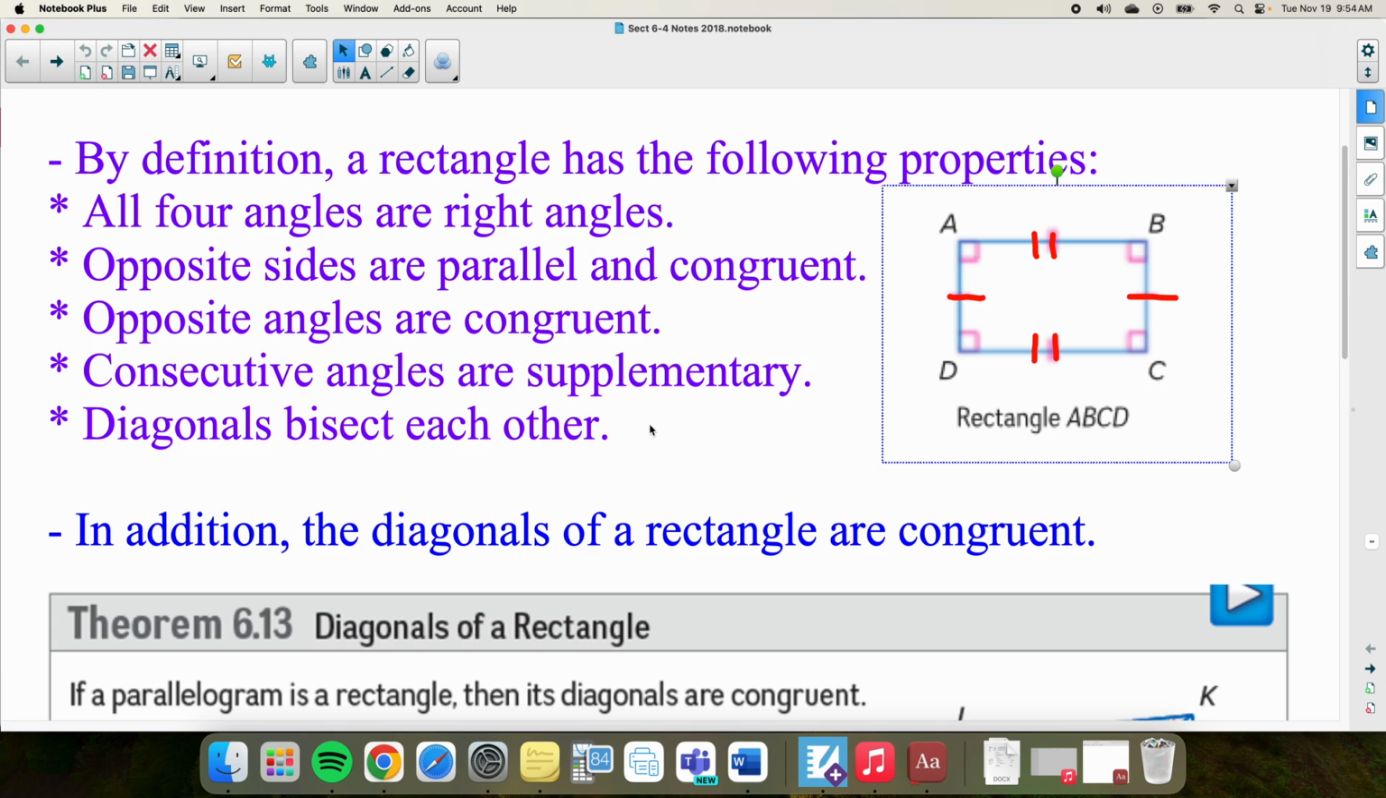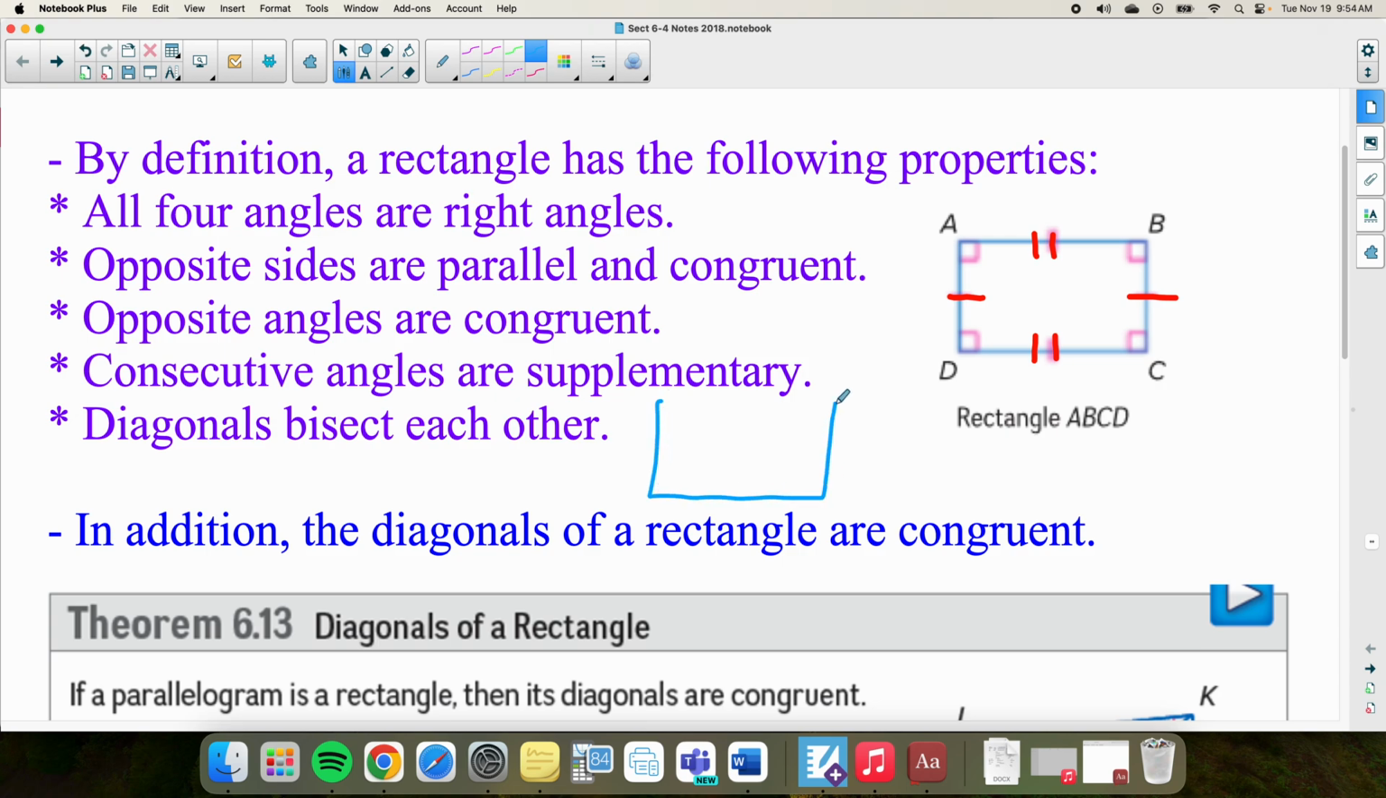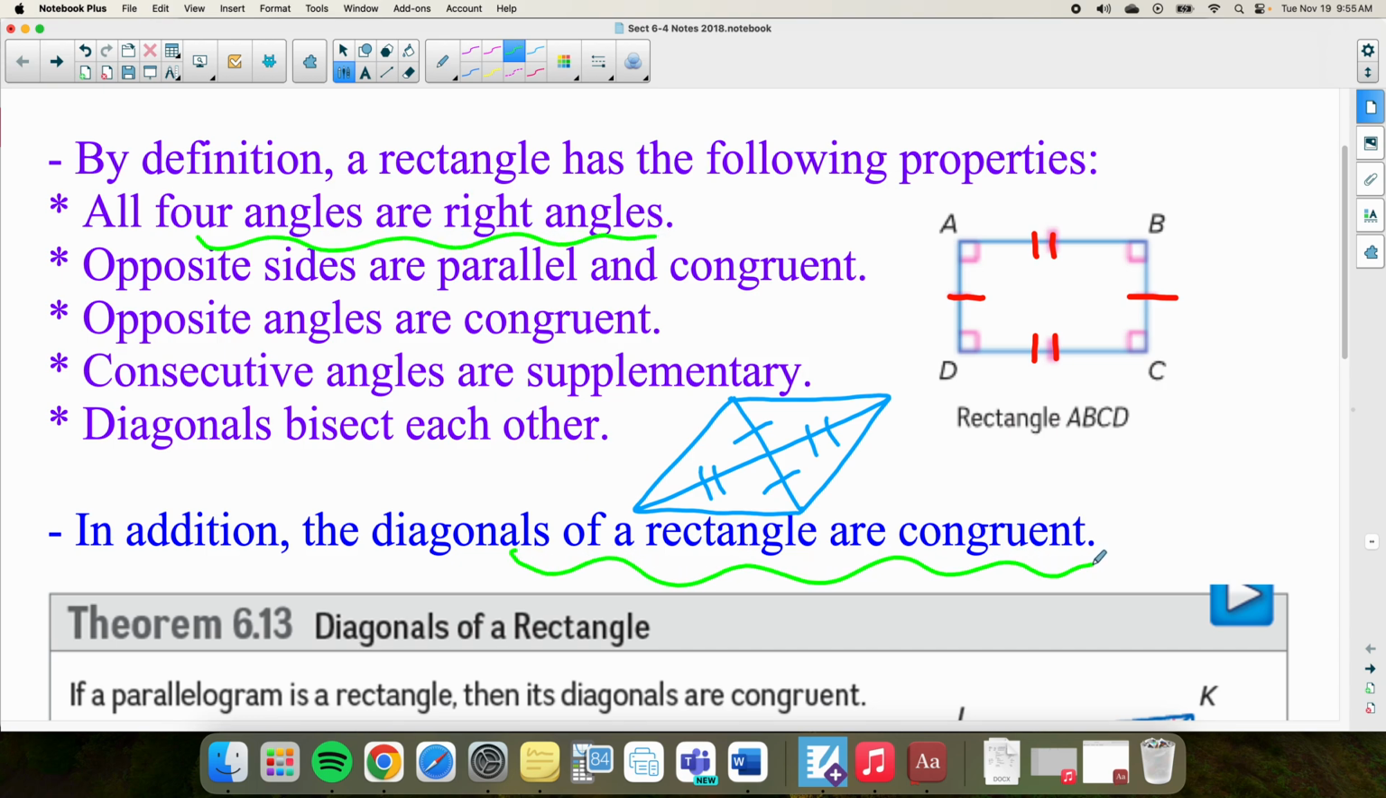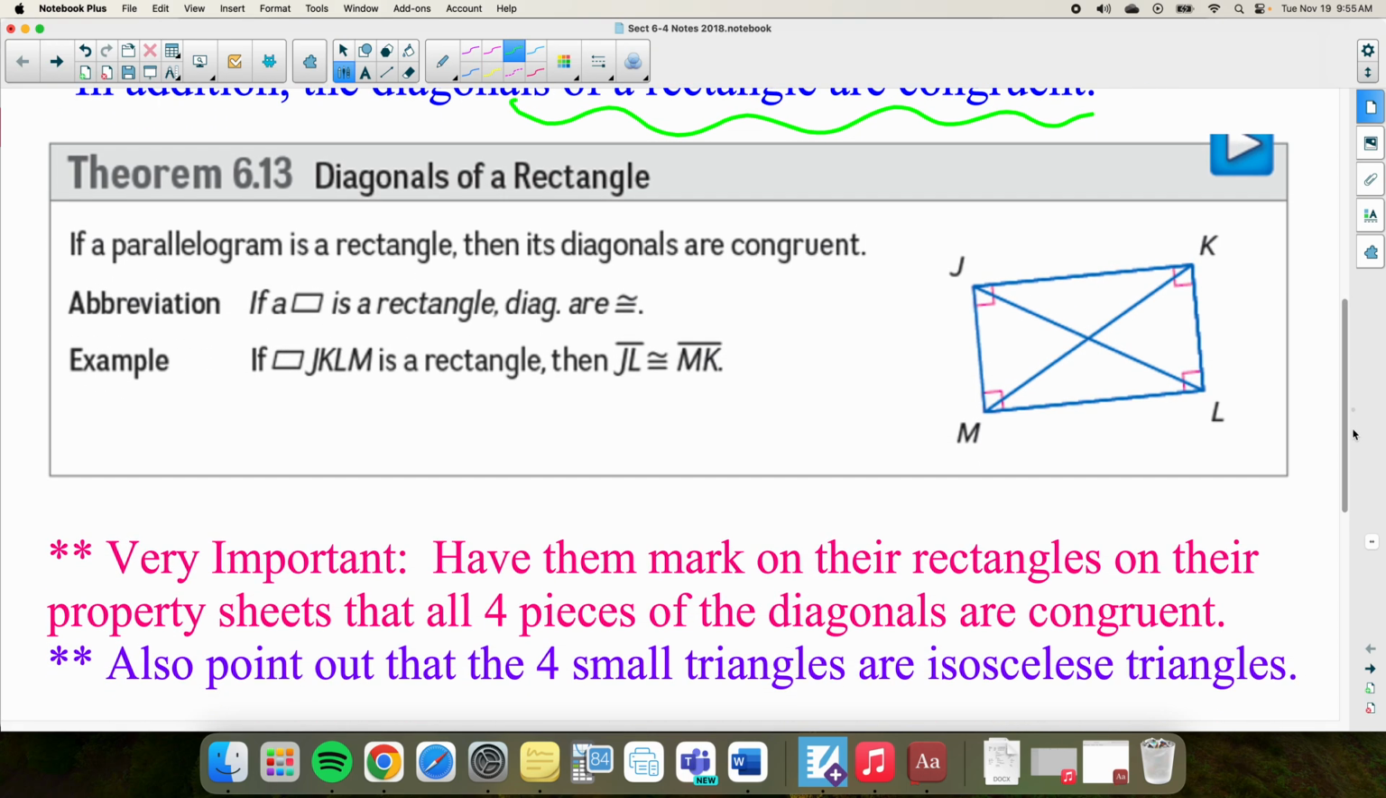We knew that. Okay, so if we had a rectangle, or I'm sorry, a parallelogram, we knew that we had these 2 pieces equal and those 2 pieces equal. Okay, so that was for a parallelogram. Now, the 2 new properties that we're going to use today are where the 4 angles are right angles and then the diagonals are congruent. So if you look down here, we have a theorem that talks about the diagonals of